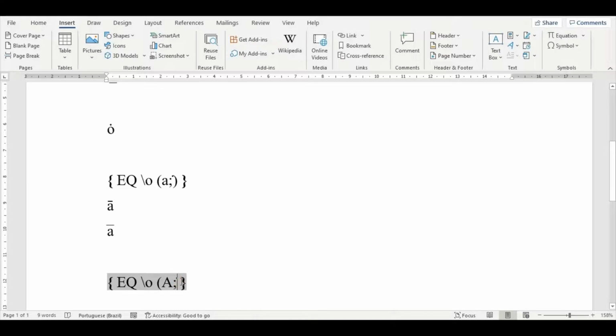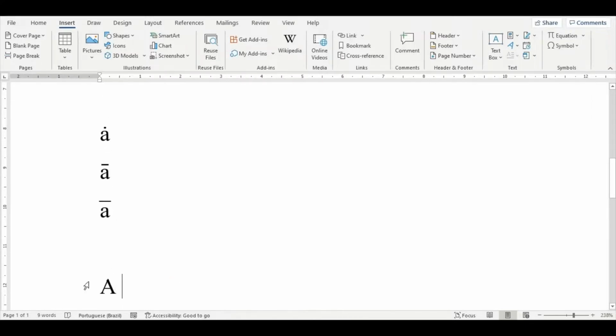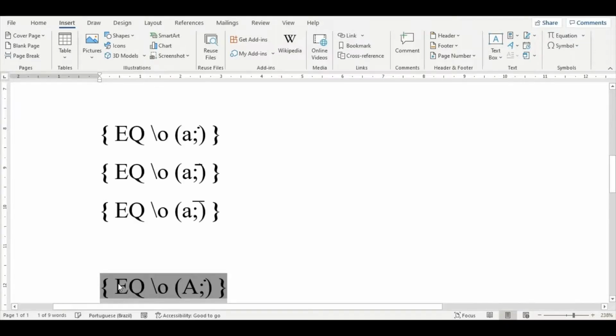So if I simply close the parentheses and use the command Alt F9, it shouldn't show, for example, the dot in the letter. However, to change it back to normal, using the Alt F9 to open the field, we